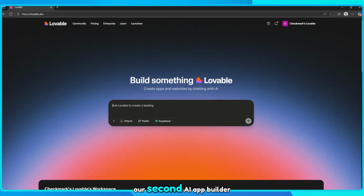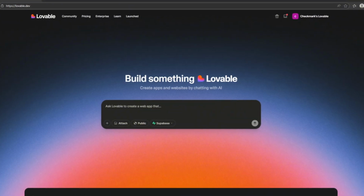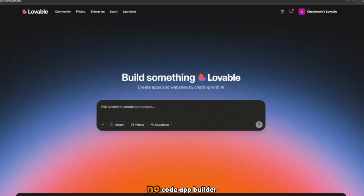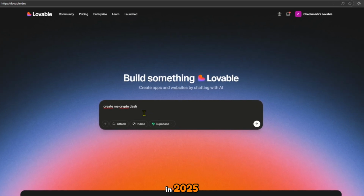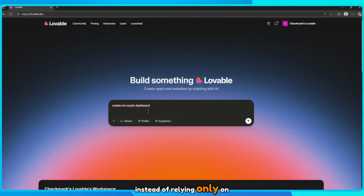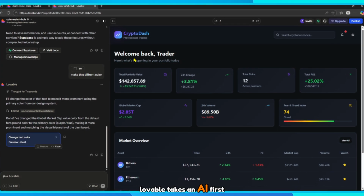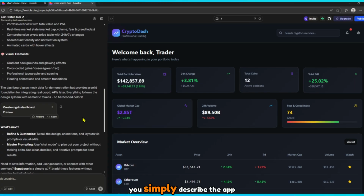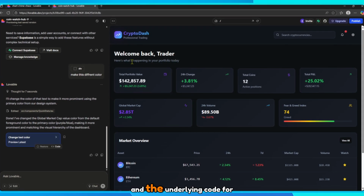Next, let's move on to our second AI app builder, Lovable, which takes a very different approach. Lovable is an AI-powered no-code app builder that has quickly gained popularity in 2025. Instead of relying only on drag-and-drop interfaces like many no-code tools, Lovable takes an AI-first approach. You simply describe the app you want in plain English, and it generates both the design and the underlying code